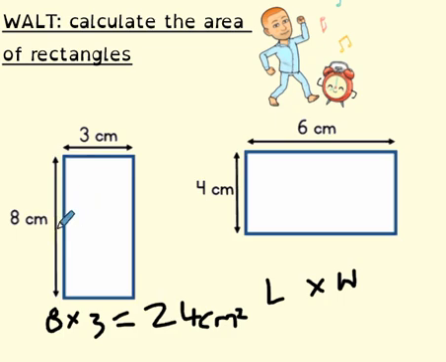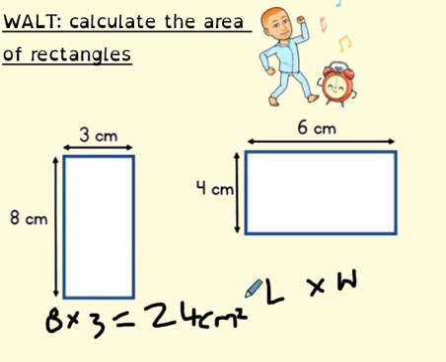So I've got 3 columns running down the shape here, and each column is broken up into 8 centimeters. So in total, the number of squares inside my flat 2D rectangle here would be 24 centimeters squared,